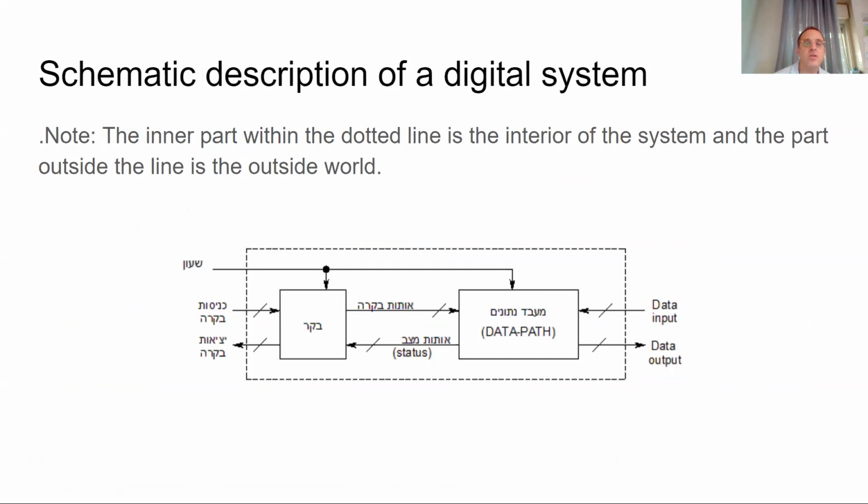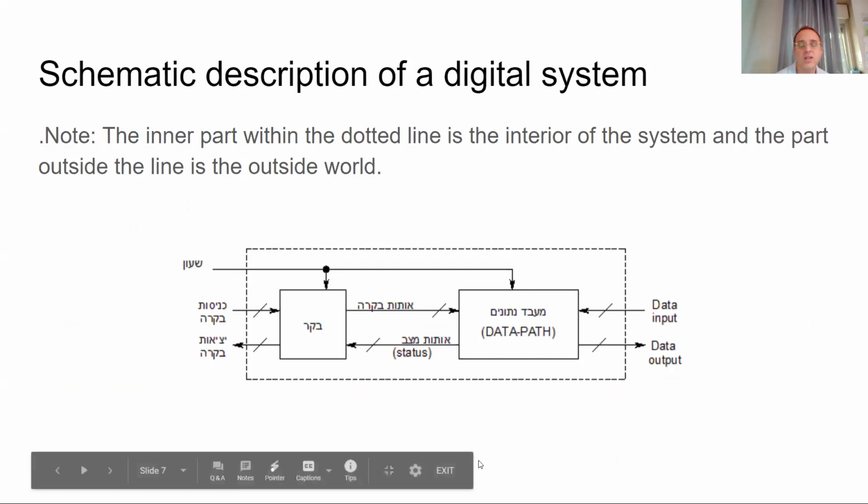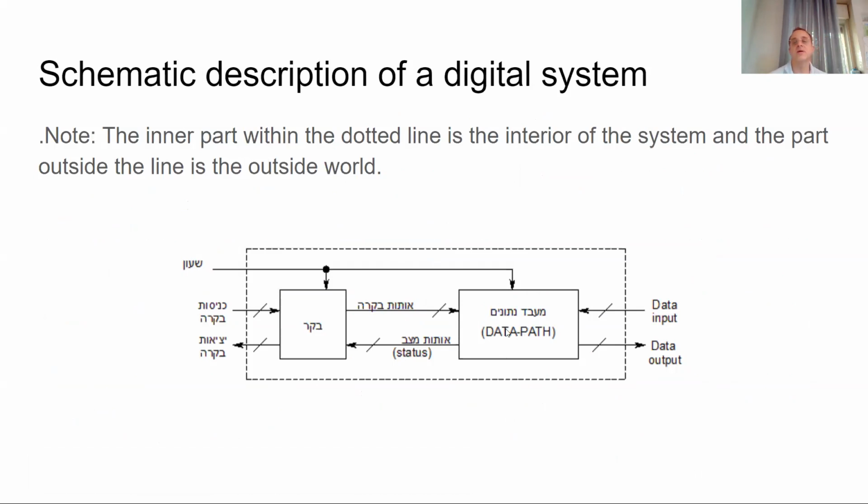Note, the inner parts within the dotted line is the interior of the system, and the part outside the dotted line is the outside world. So here you go. Here is your MIPS. You've got some clock that comes in. You've got a data path. That's all the ALU and all the different things that are there. The register file, and then here you have the controller, and the controller has inputs and outputs, but it also has